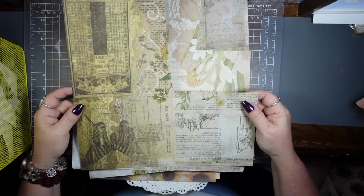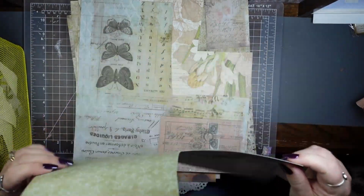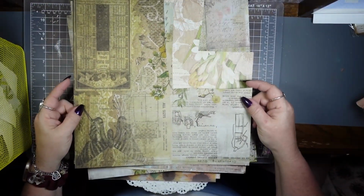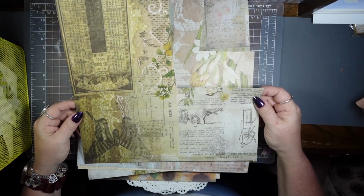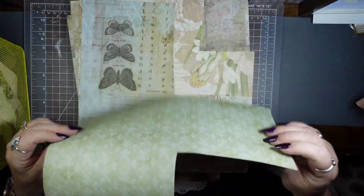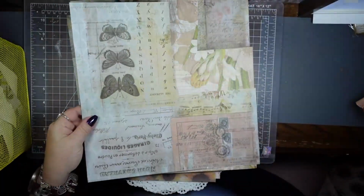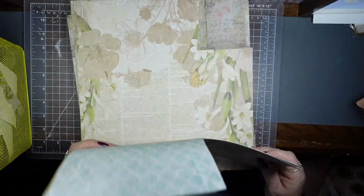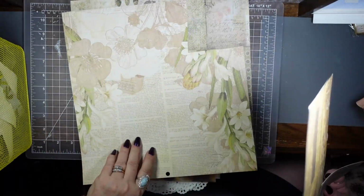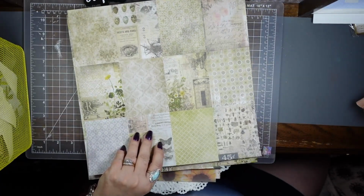There's not enough left over for a signature size, but y'all, this is going to be so perfect for all the ephemera, all the additions, tags and pockets and belly bands and oh my, right? So I have this one, this one, and I know it's bees and you see butterflies, but come on now, we know that they're synonymous, like it's just all together. And then there is this one that I may not use all of these, but I have